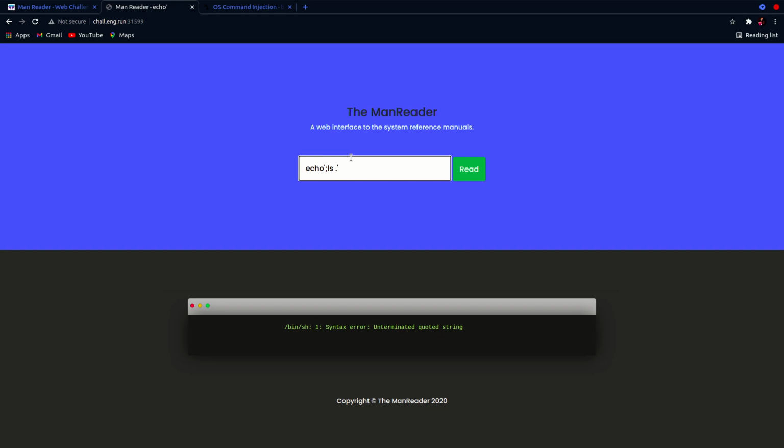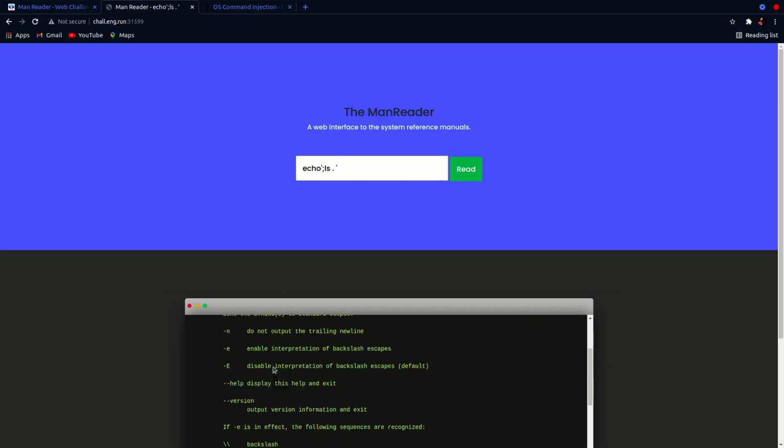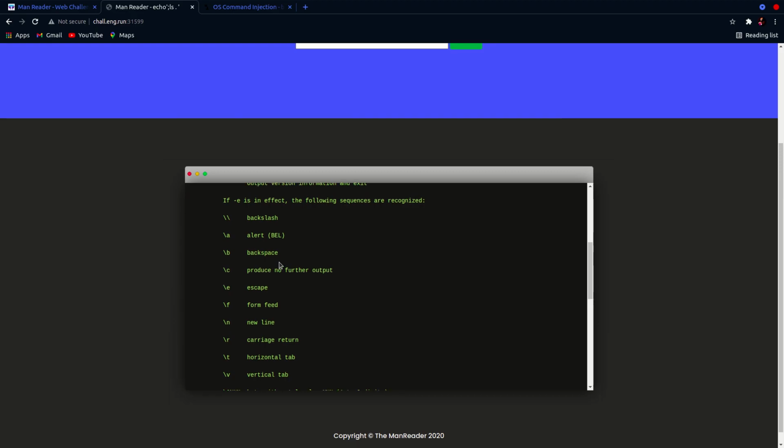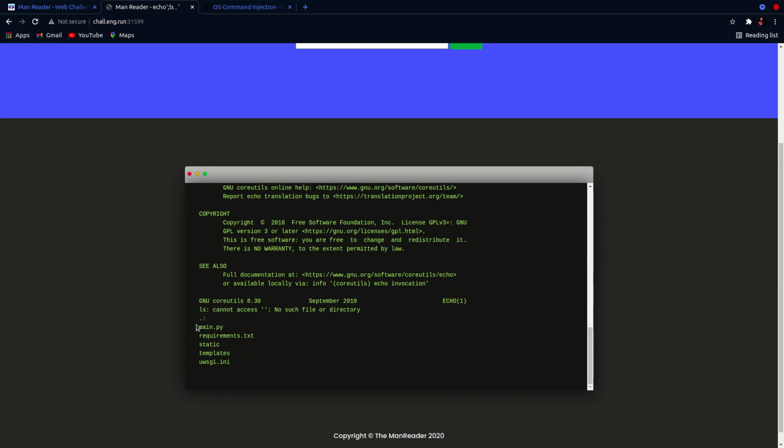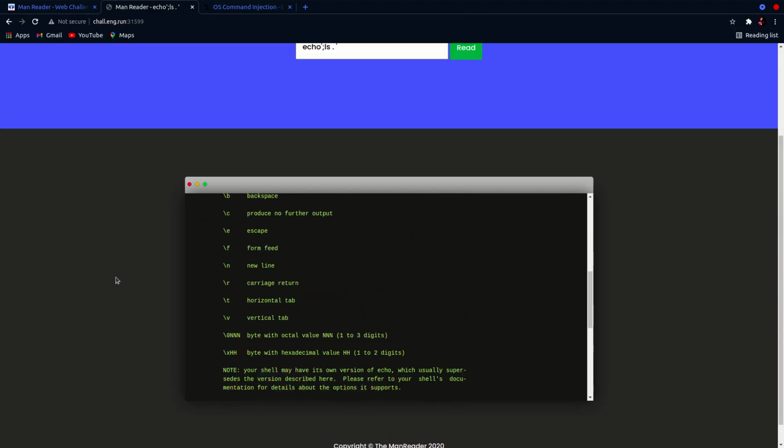You have to specify a directory, so you specify dot as it is the current directory, and we put a single quote after that so that the last quote will be matched. So we can just try. Here you can see we get the result back, and at the end you can see some files: main.py, requirement.txt, static, templates, and some other files also.